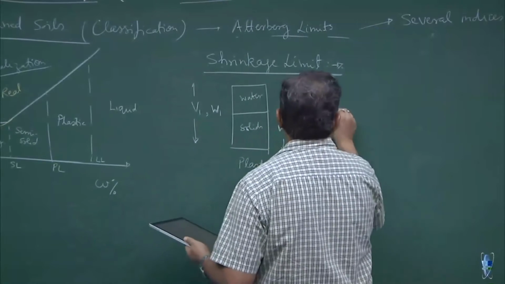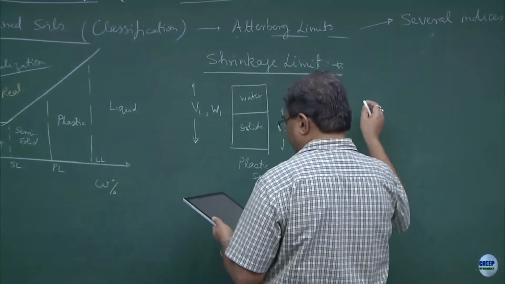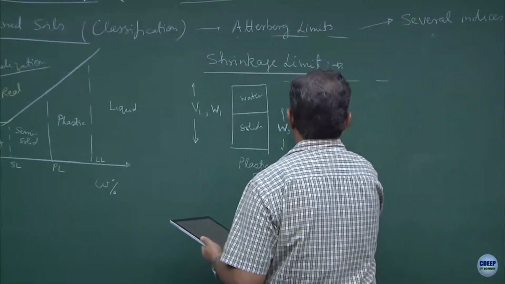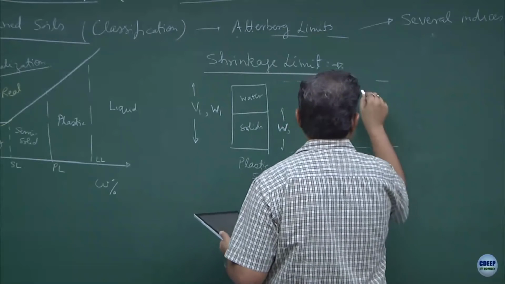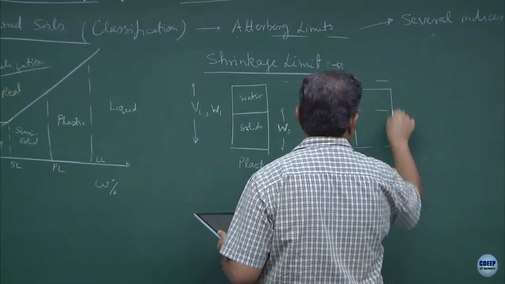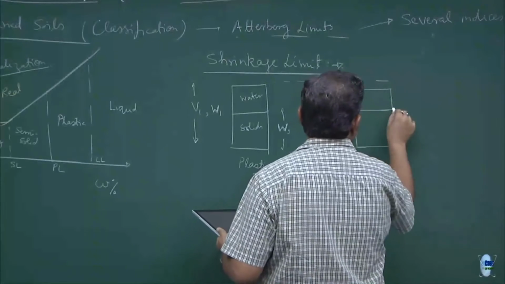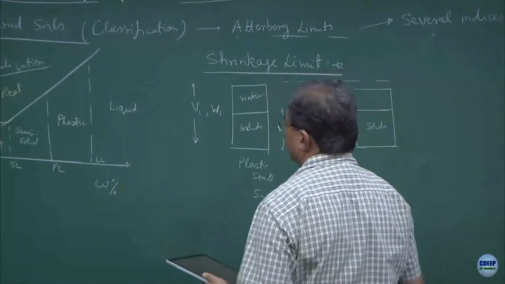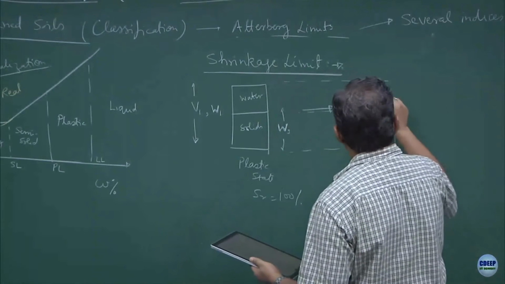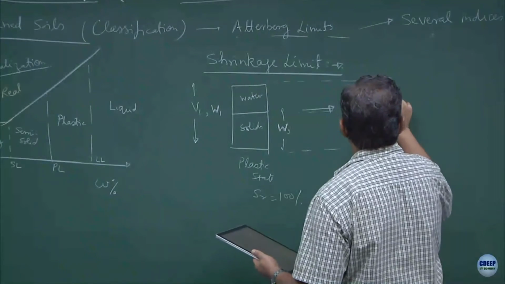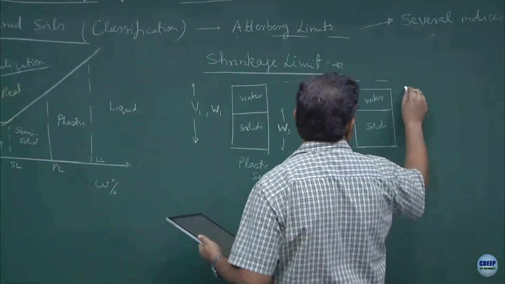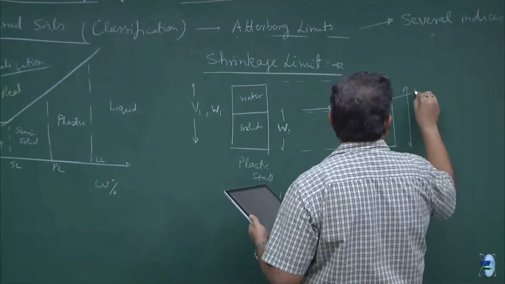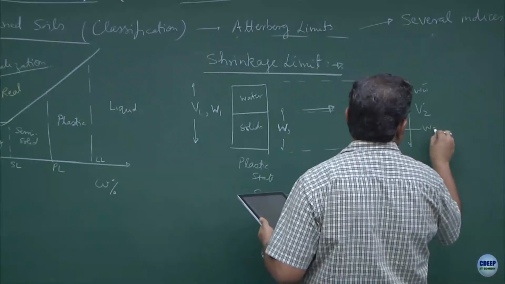Now, if I slowly heat it, what happens is some amount of water goes out of the soil, so this portion becomes solids, volume does not change, and here this is the reduced volume of water. And suppose I define this as V2, the weight of the water is WW, weight of solid is WS,